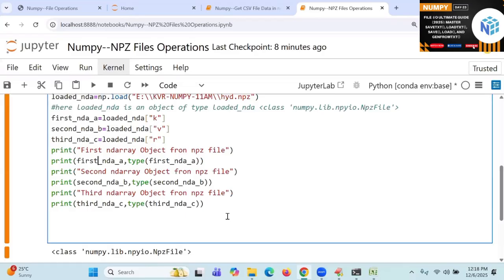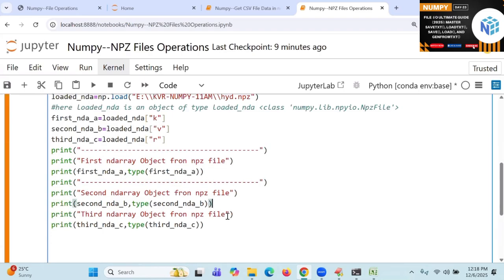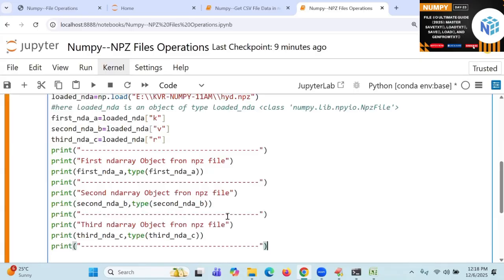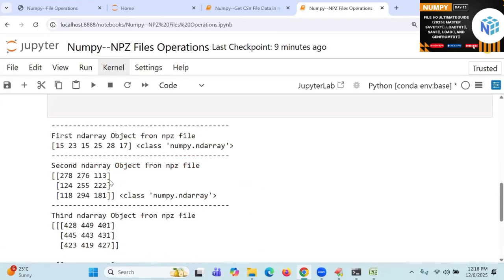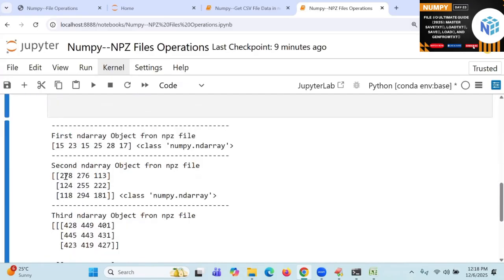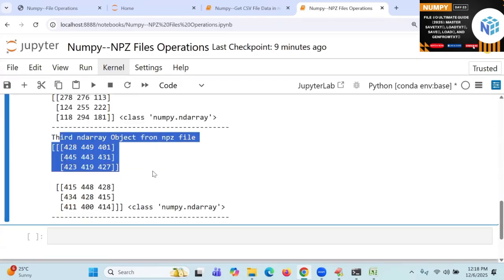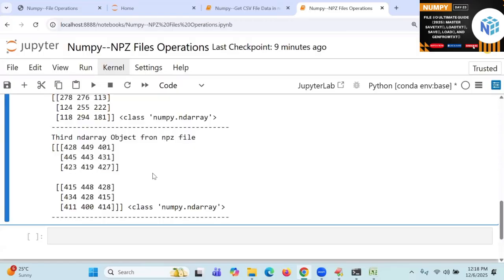Okay, students. So you got my data here. This is the data we got, just for your clarity without getting any confusion. Is it clear or not? The first ND array data is random numbers between 10 to 30. Next is the ND array object data of the second one. Are you following me?